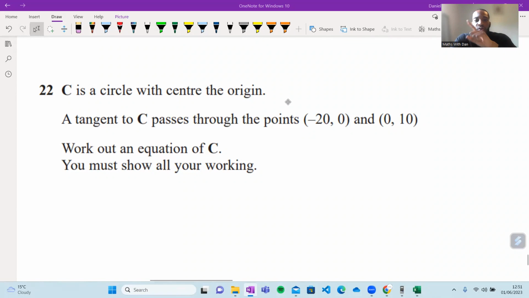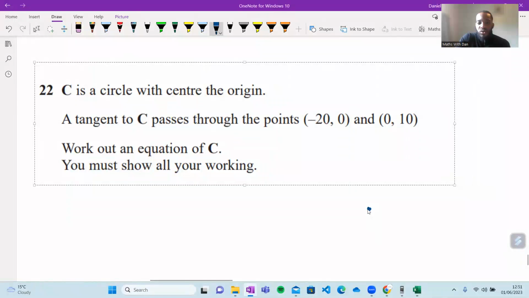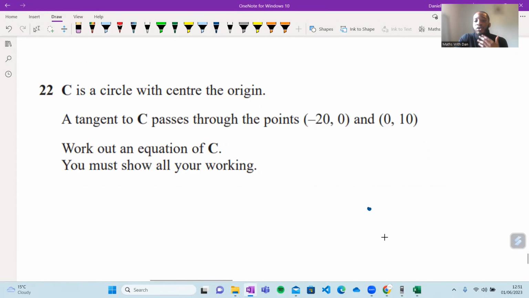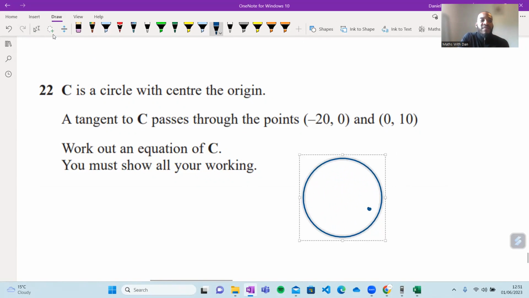So what I'll do, for those of us that are a bit stuck, right? Basically, the way circle questions work, actually, I don't want to spoil it. Okay, what I'll do, circles are center origin. So basically, you have a circle, right? This is for those of us that are 0 and maybe haven't seen this topic before, because I'm sure there's some of us that aren't in year 11, so you may not have done this yet.